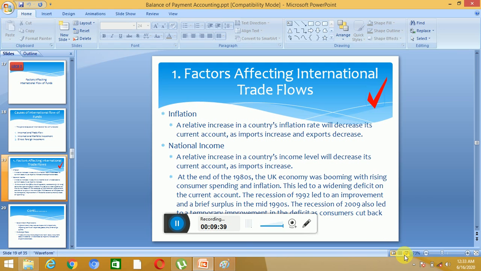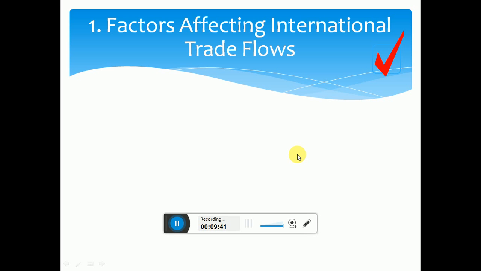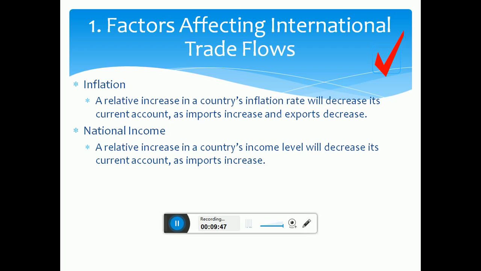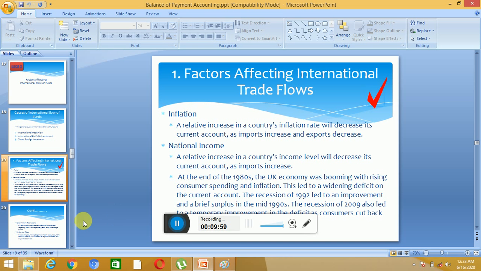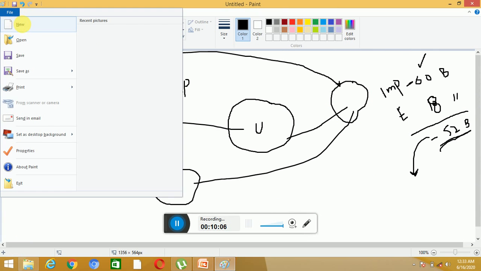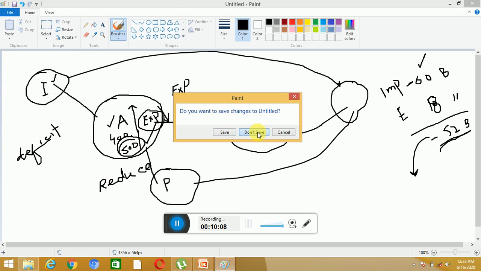The second thing that is affecting international trade flows is national income. A relative increase in a country's income level will decrease its current account as imports increase. Listen, if the national income of a country increases,